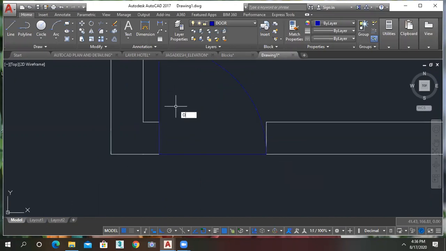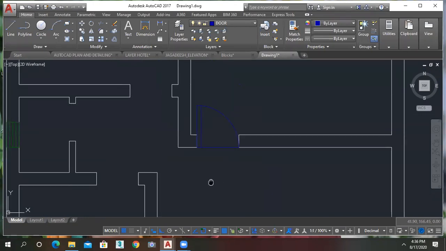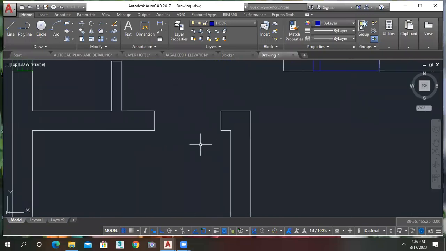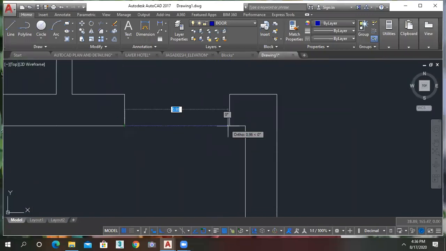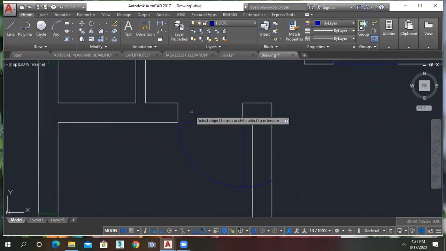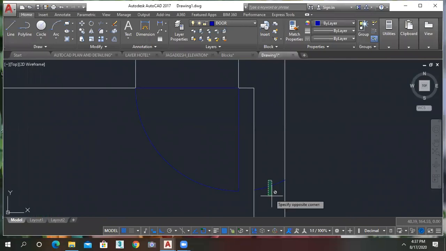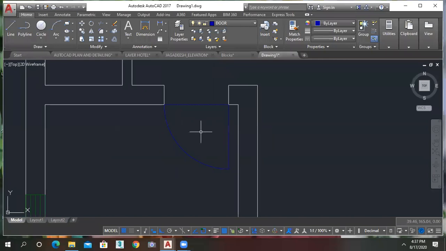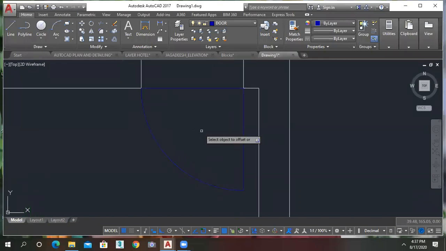Okay, same way we have to give the thickness of the door frame like this. Okay, for this also line 1 meter and circle. Okay, trim the unwanted portion. Just delete this because there is no intersection of object, and give the frame thickness.